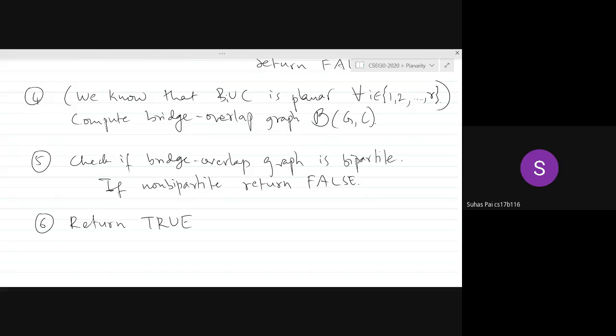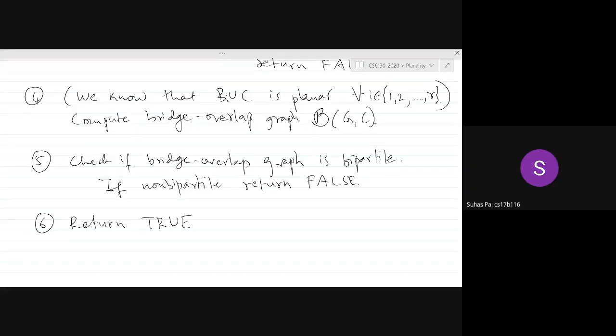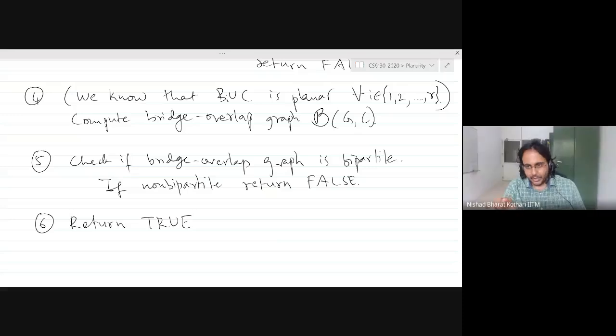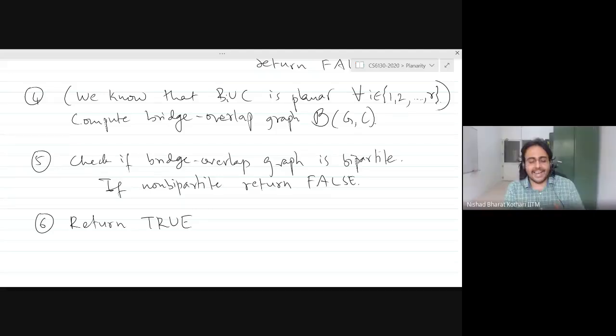So shouldn't we also have a base case? Right. Like if R is 1, we can just stop it. Good. We need a base case. What about Anand? What was your concern? It wouldn't terminate. If there was just one bridge, then it would just keep looking at the same cycle forever. Right. Exactly. So both of you are actually pointing to the same problem, more or less. We need a base case.